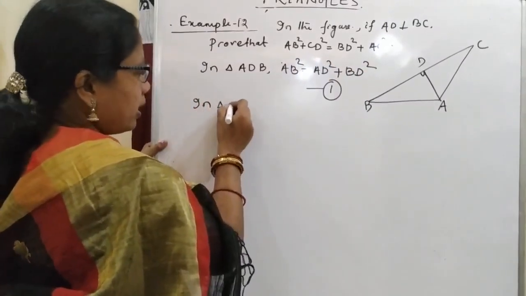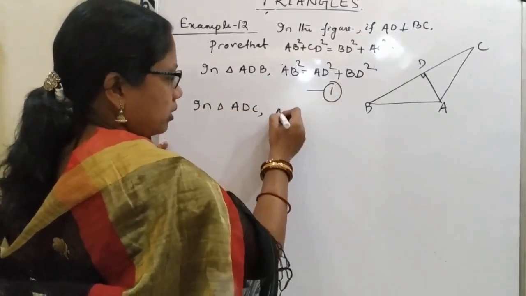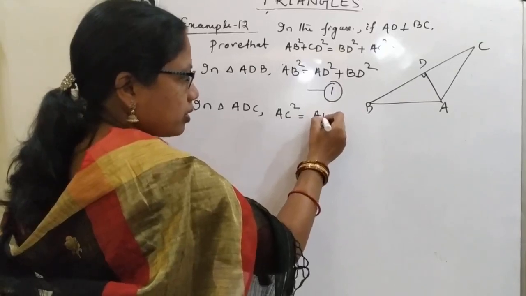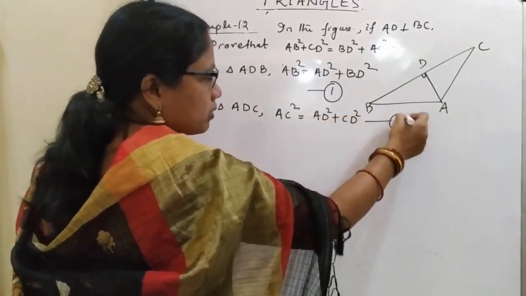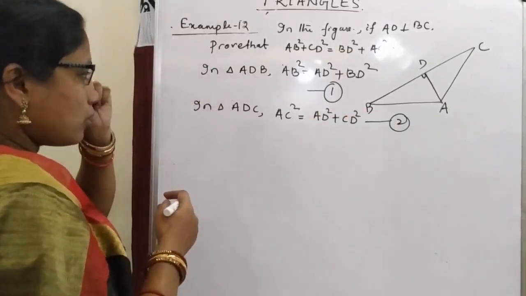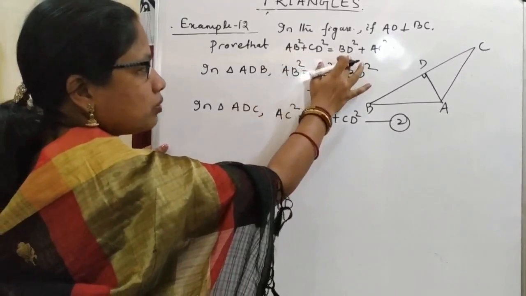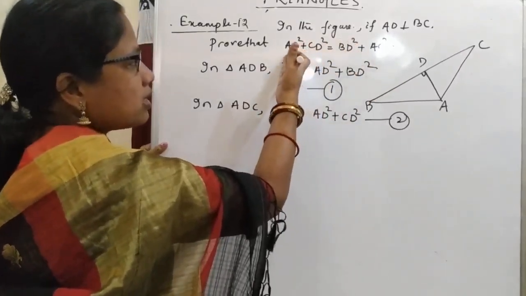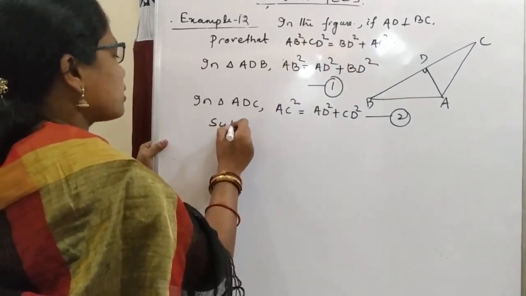And in triangle ADC, AC is the hypotenuse. So AC square is equal to AD square plus CD square. So this is our equation 2. We have to prove that AB square plus CD square is equal to BD square plus AC square. So this may be written as AB square minus AC square. Here we subtract